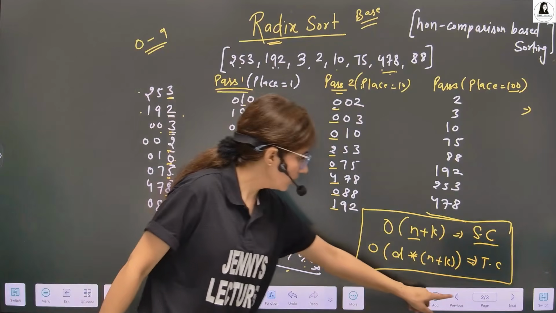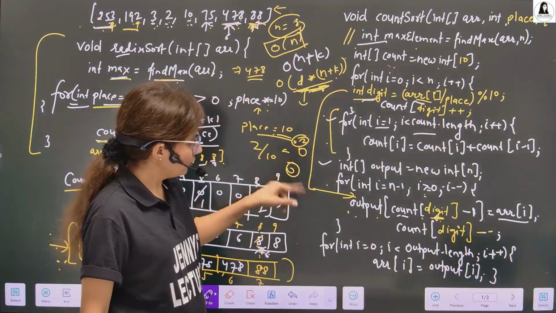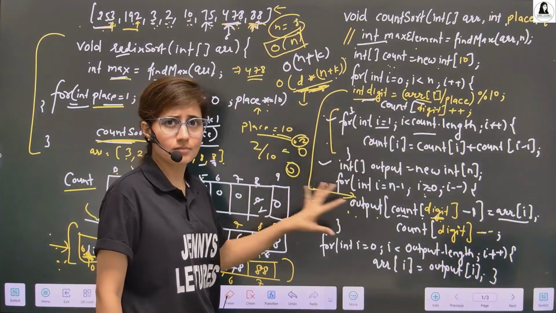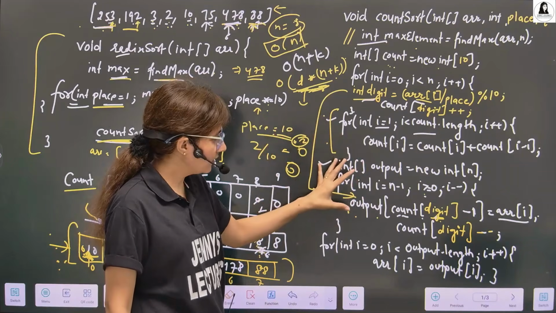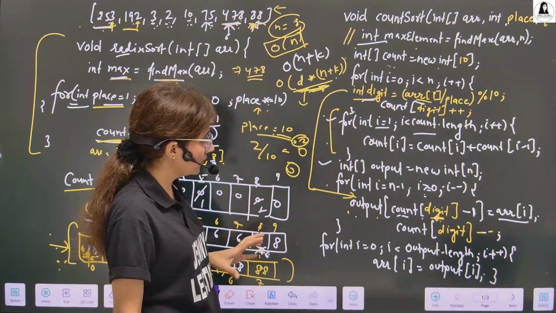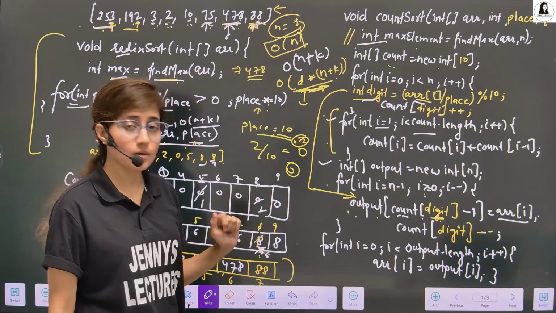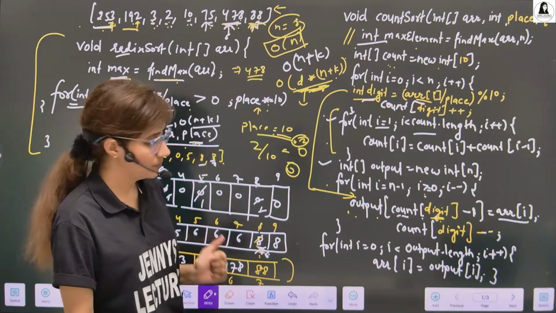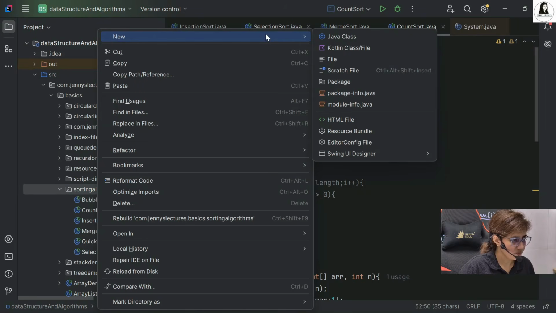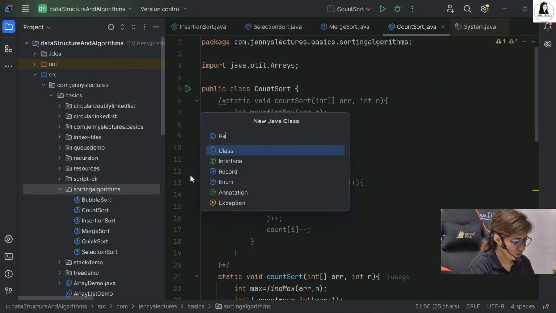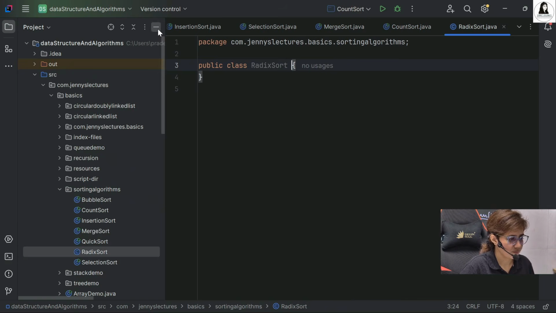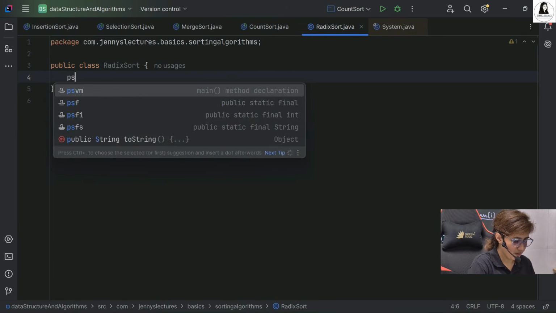Right. So now we have the formula and how radix sort works behind the scenes. Let's now pause the video and try to run this code. In the sorting algorithms package, let's create a new class named RadixSort.